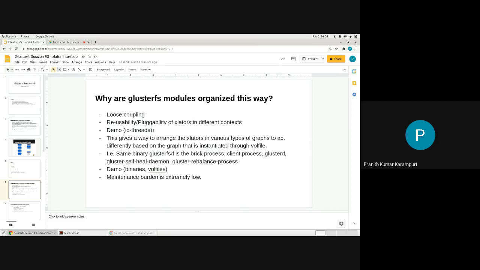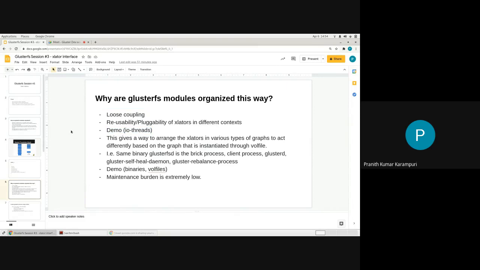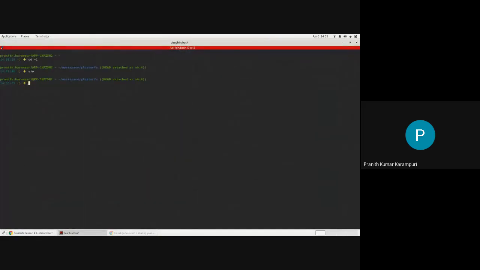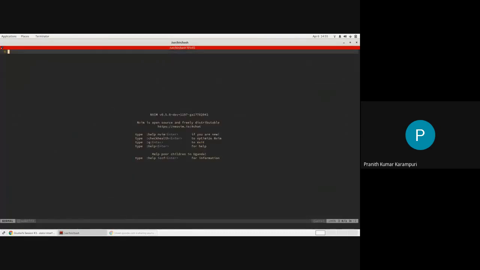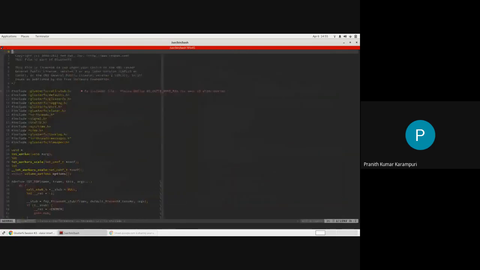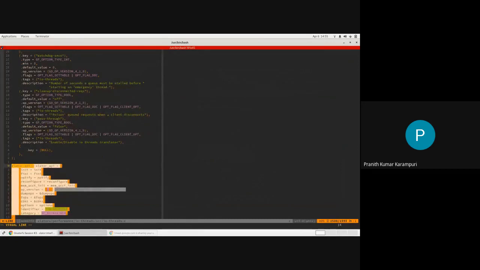One easy example that a lot of people who use Gluster run into is io-threads, which increases the number of threads present in the brick or the client, but the code is the same. If you look at iothreads.c, this is the translator that represents the io-threads implementation.